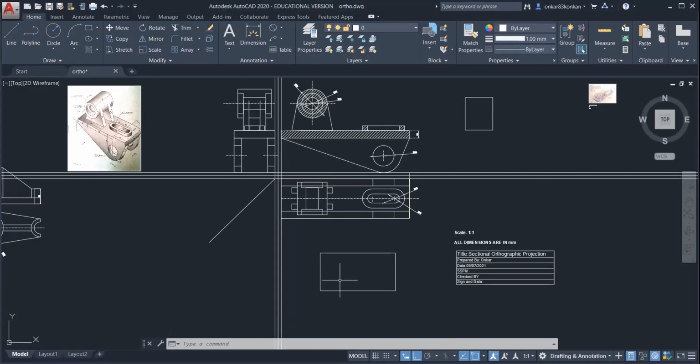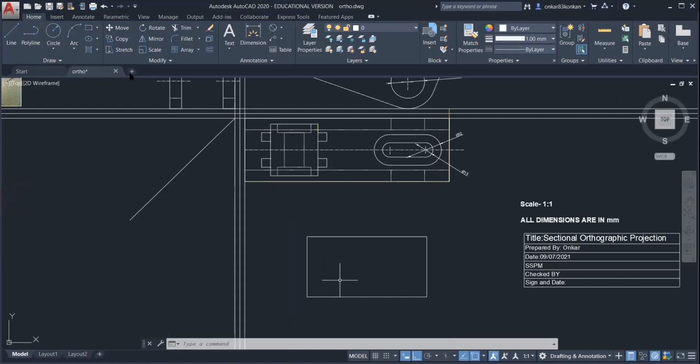After this, you should create the symbol. For the symbol, we need the frustum. So first you draw the circle, or you can draw the frustum first. Take a line of suitable length. I have taken 30 mm. Just draw one reference line, that is the center line. Then from this you can take the distance. So basically it is a trapezium.